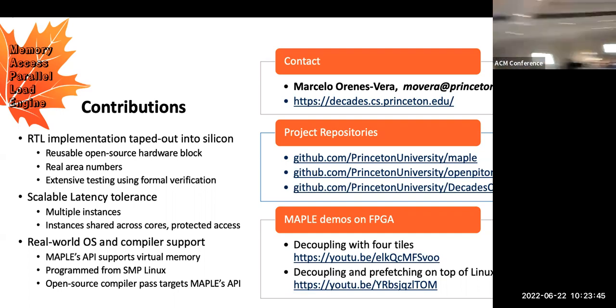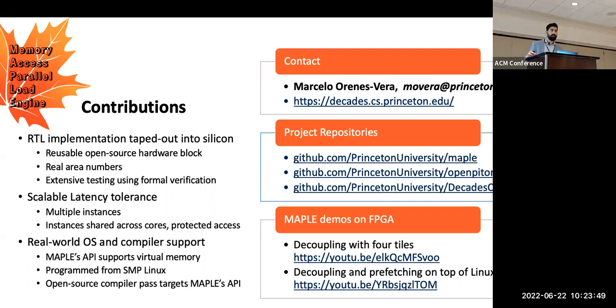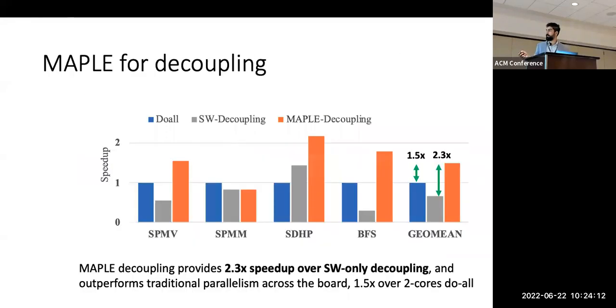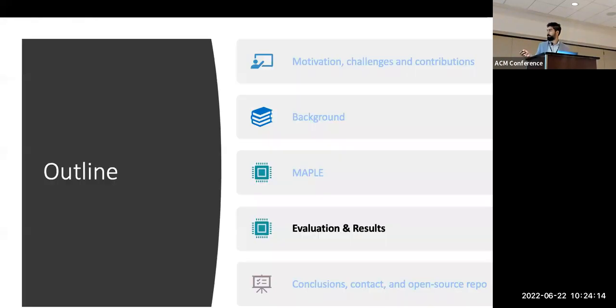So the question is whether we evaluated against a more tightly coupled unit. Yes, you can find more details in the paper. We compare with DROPLET hardware prefetching, which is tightly coupled to the core, and also with DeSC, which is, in a sense, the state of the art in hardware decoupling, where these decoupling queues are more tightly connected to the core. So against, for example, DeSC, let me show you one thing.